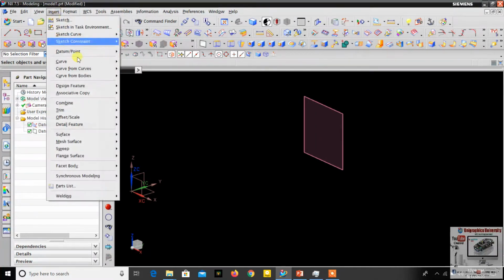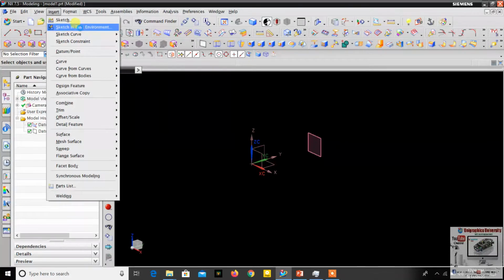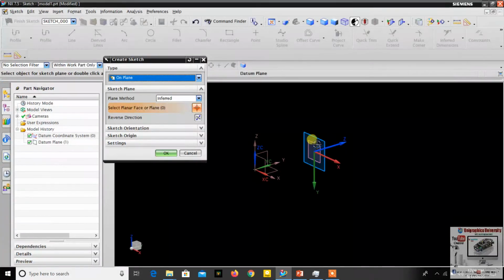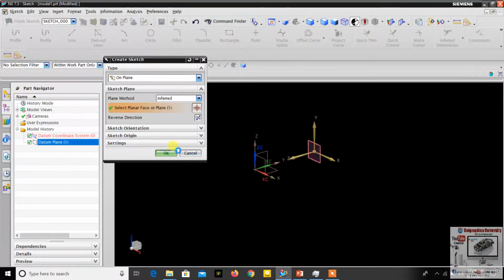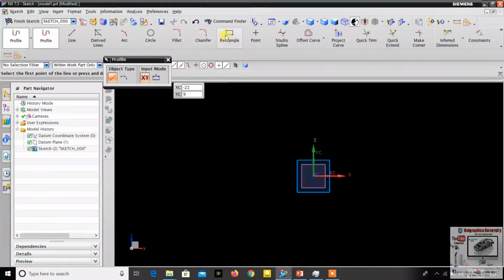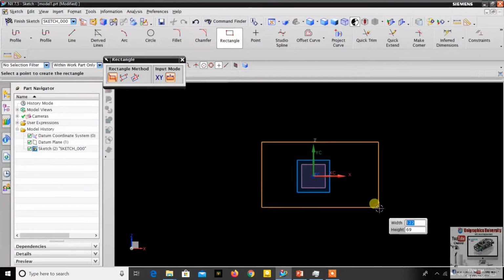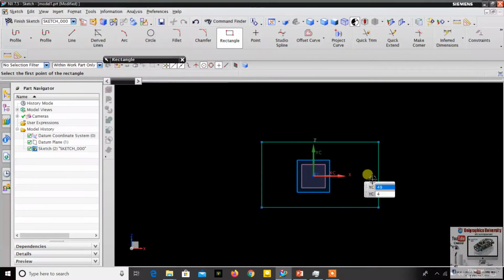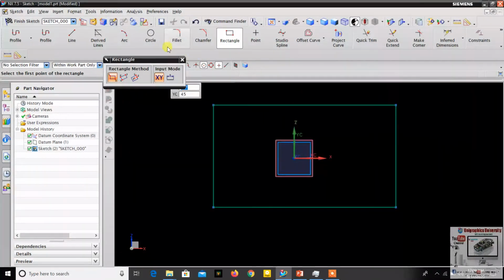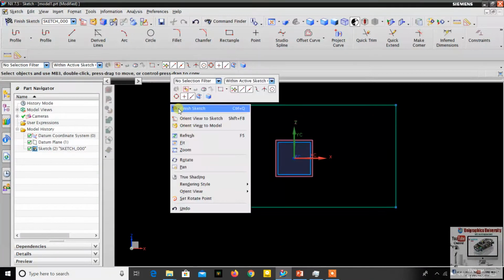So again go to insert sketch in task environment. Just click this plane. Now create one rectangle. Now the auto dimension will not come. Then finish sketch.